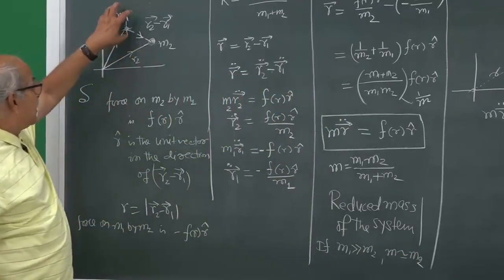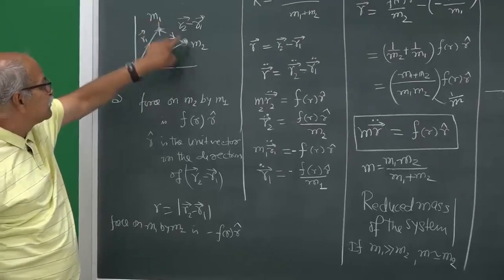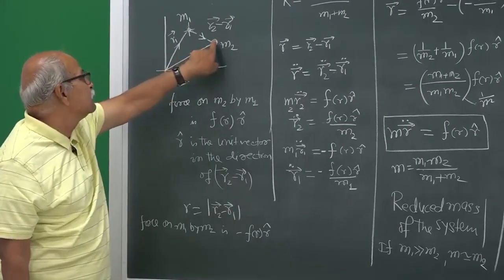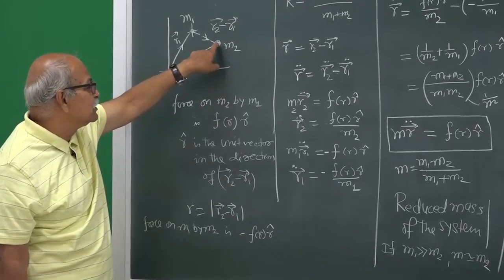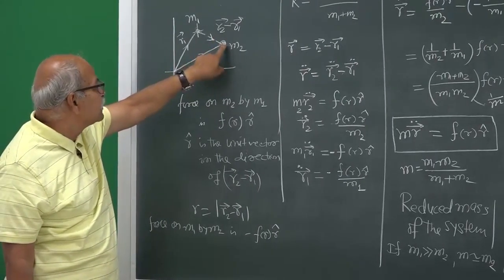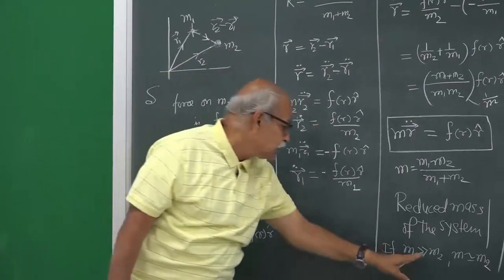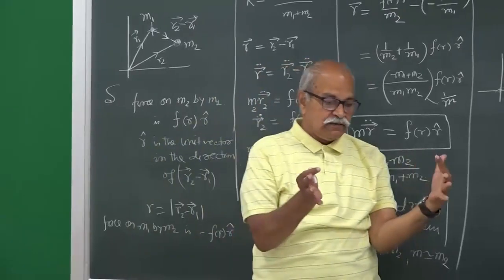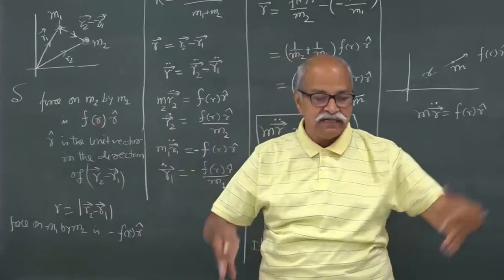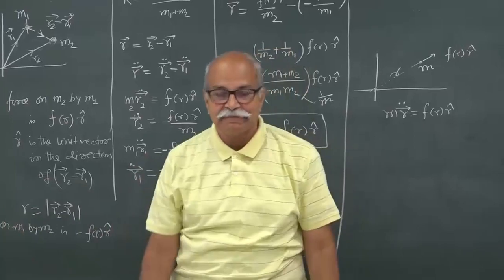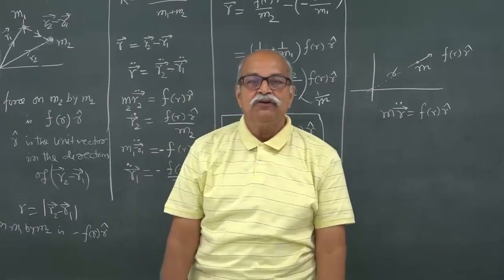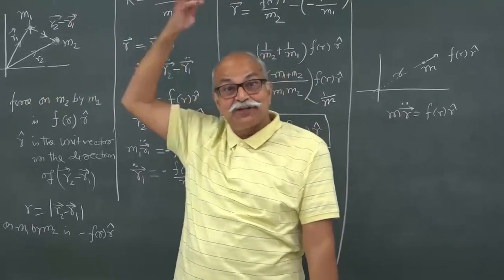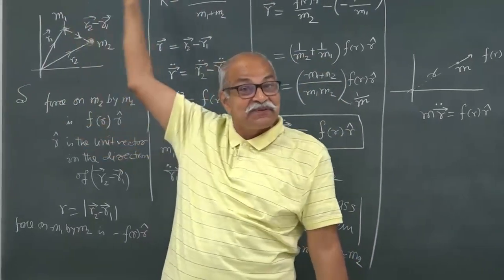So, if one of the particles is very heavy as compared to the second one, then you can still use the same equations, and you can use the mass of this particle as such m2. This reduced mass is almost the same as m2. So, in the sun planet system, for example, sun is very heavy as compared to earth. So, if you are not doing very sophisticated calculations like the precession of perihelion of Mercury and so forth,